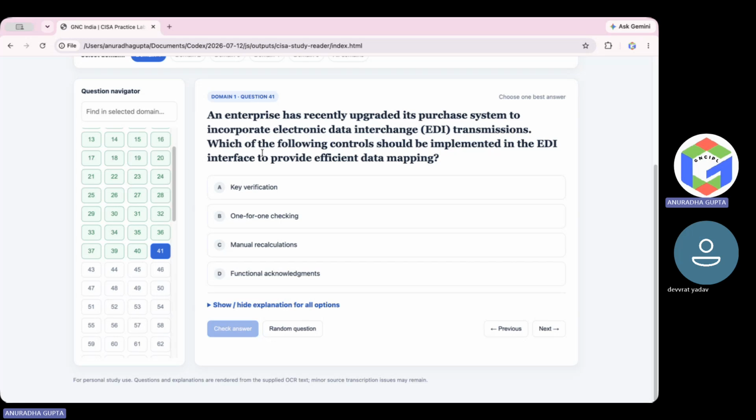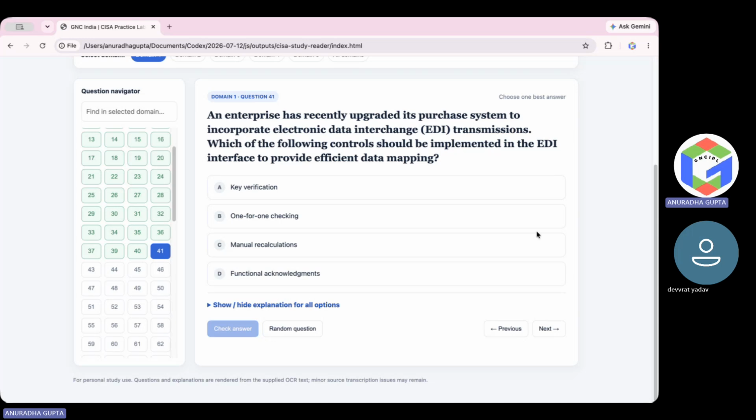is a secondary thing when it comes under the audit part or later on. It will not work here. One for one checking. So one for one check basically validates the transactions for completeness, or if it is not completed. But B is also very correct. Yeah, B is correct, but the thing is, option B